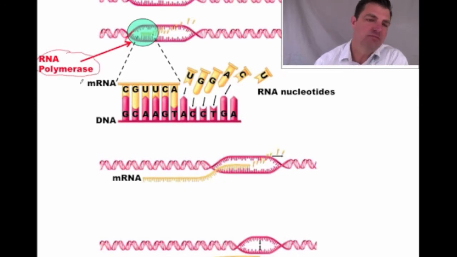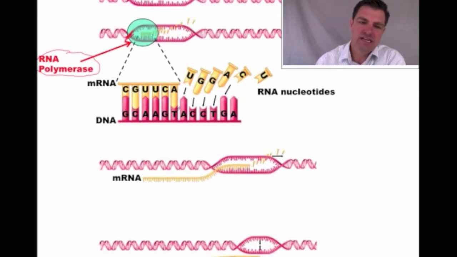which is kind of similar to the DNA polymerase that we mentioned before. So here's my RNA polymerase, and what RNA polymerase is going to do is start at one section and copy one side of the DNA. It's going to bind to it and start reading that DNA, and as it moves along, it's going to hook nucleotides together.